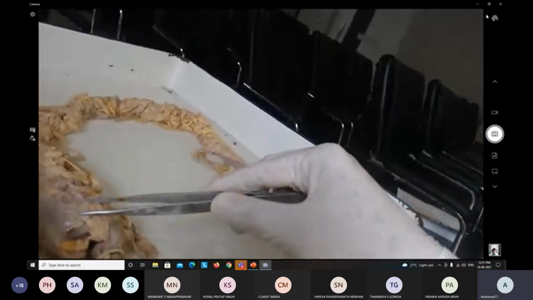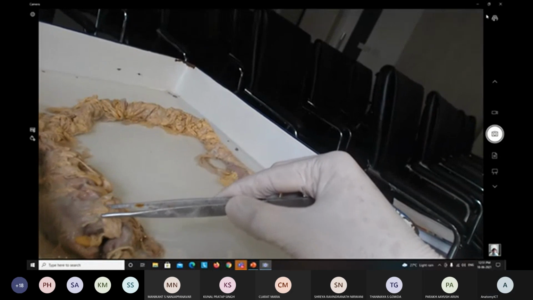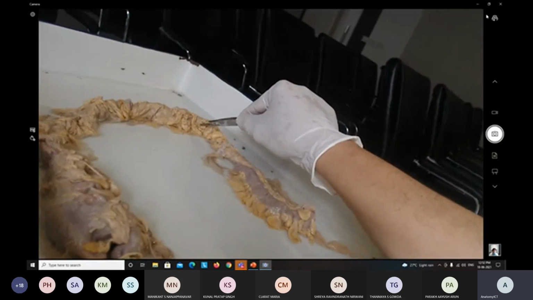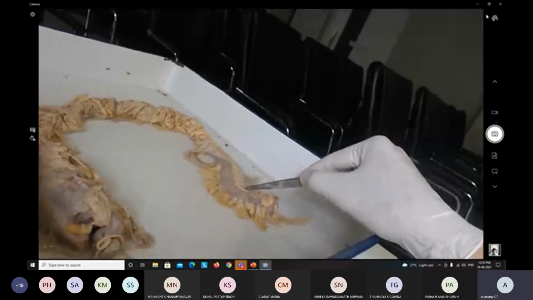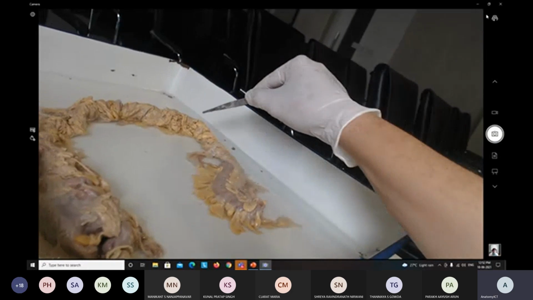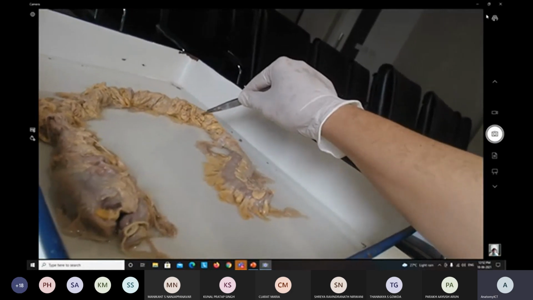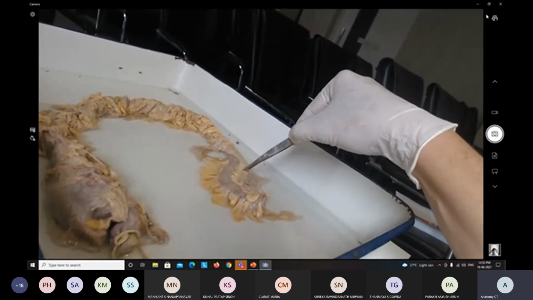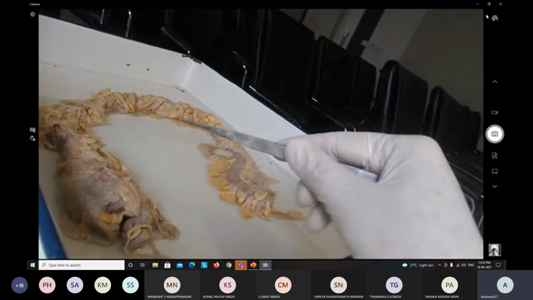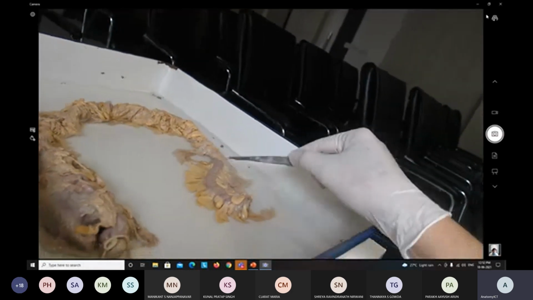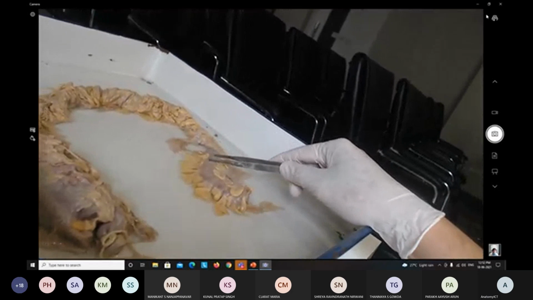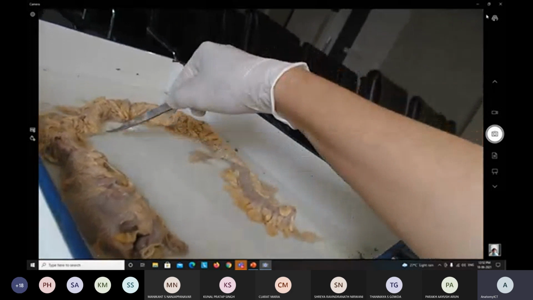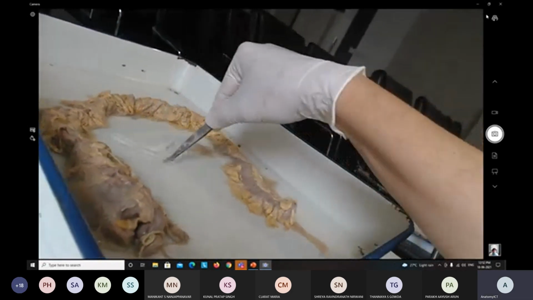So what about the location? The large intestine occupies the right iliac, right hypochondrium, left hypochondrium, and left iliac regions. The descending colon starts from the left colic flexure to the pelvic brim, from where the external iliac artery and nerves are related. Posteriorly is the posterior abdominal wall and some muscles, anteriorly the anterior abdominal wall. This whole thing is covered by the omentum, and the mesentery will be there like this.